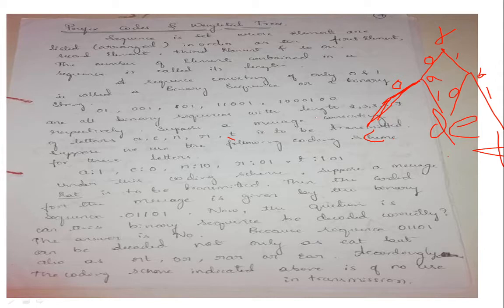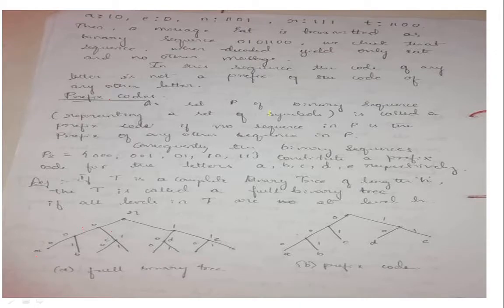So what is my A over here? A is going to have a code. What is the length of this one? The length is 1, so A is reached from the root by 0, so its code is 0. For B it is going to be 1, for C it is 0 0, for D it is 0 1, for E it is 1 0, and for F it is 1 1. Like this we are going to represent. So this is a prefix code, the same thing that has been explained over here.